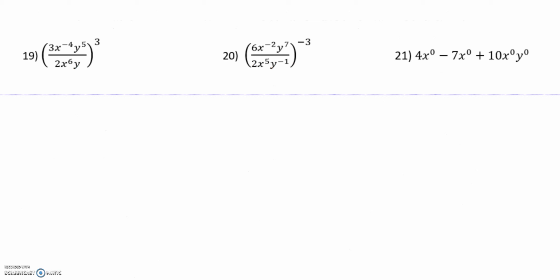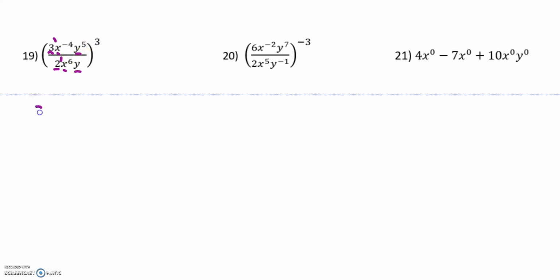Number 19. These look like a true treat, don't they? So number 19, you have 1, 2, 3, 4, 5, 6 bases within your parentheses. So all of them are a power to the third here. Remember that the 3 and the 2 have exponents of 1, so we have to multiply all of these exponents